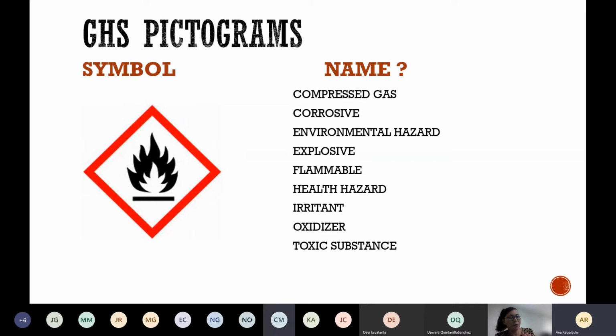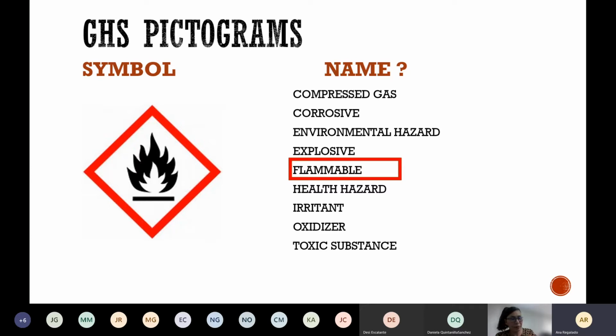Flammable. Yes, I think this one is one of the most obvious ones. You see a flame, it means that it's flammable. And again, the word flammable means that it can easily ignite into a fire if it's exposed to high temperatures